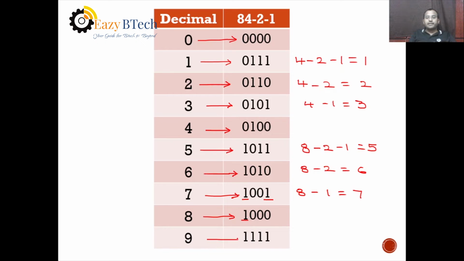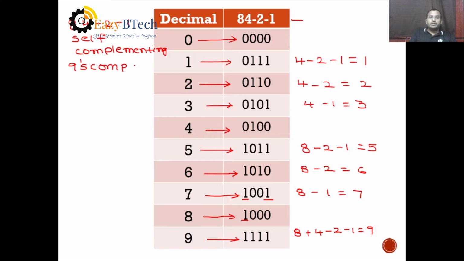For 9, we are keeping all ones, because 8 plus 4 and -2 minus 1 will give you 9, right? So we have said this is also an example of a 8 4 minus 2 minus 1 self-complementing code. You can cross check, self-complementing code, because the